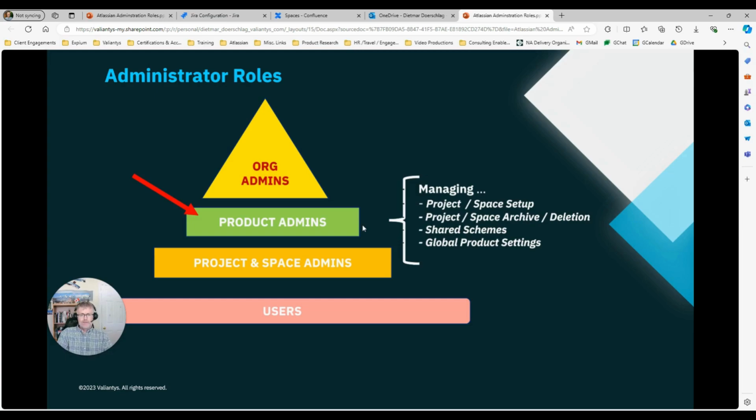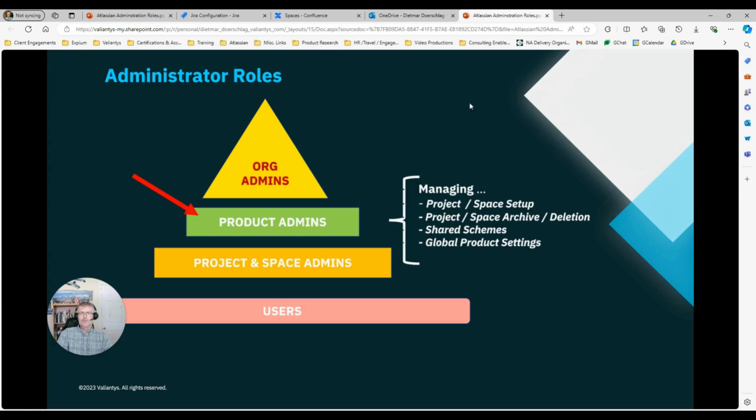Product admins also create shared configuration schemes which are mapped into projects and, to a lesser degree, into Confluence spaces. And finally, they also deal with global product settings, which they can control, which have overarching foundational implications on the use of those products that they administer.